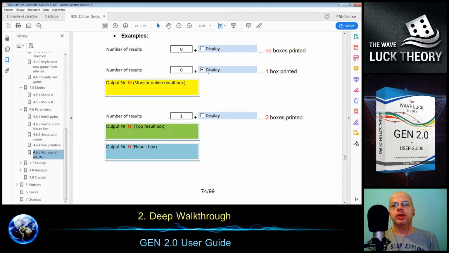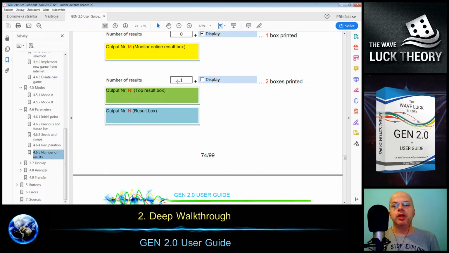The reason to do it is that we like to keep the generation quick, but I will show that later. So that's the second case. We put 0 with display, then we have one monitor box. Then we can put number 1, but the display is disabled. Then we will get 2 boxes, and it means we get the last best result, and there is the first box with an exclamation sign.